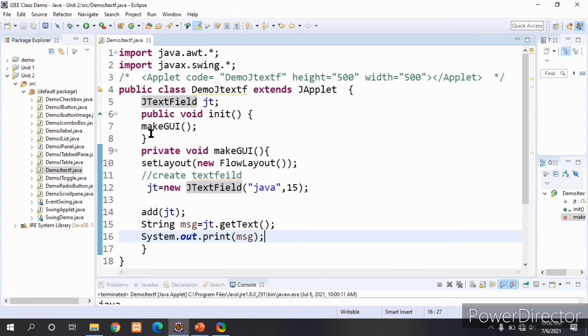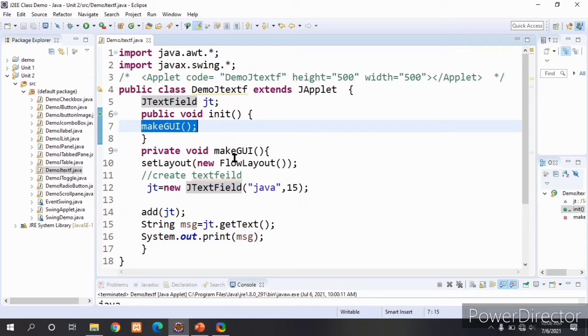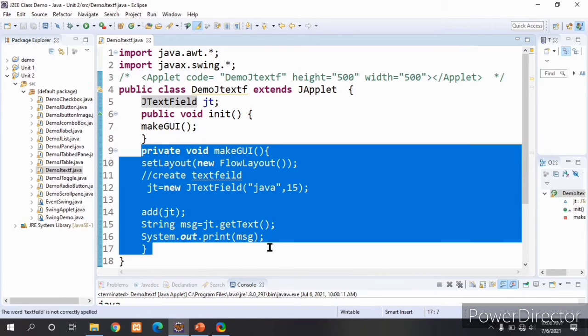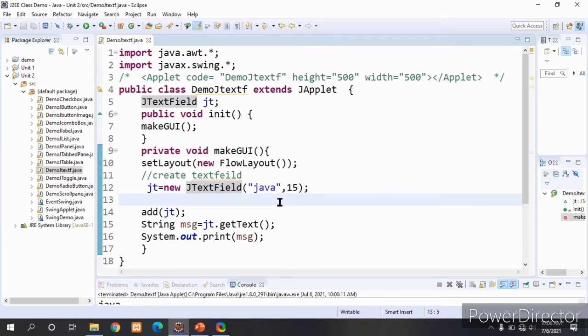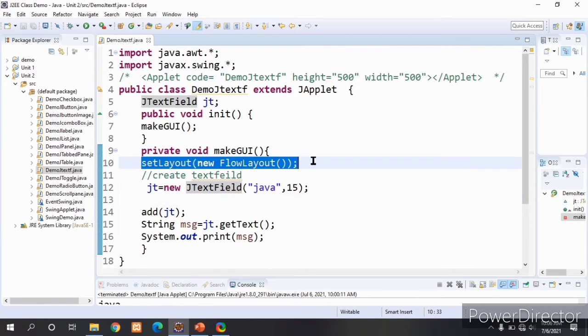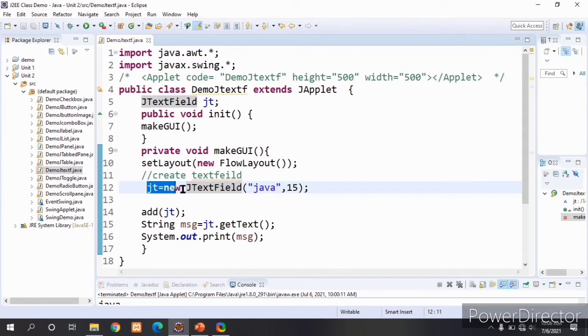Next, I am writing the init method. In that init method, I am calling the makeGUI method. Next, I am writing the makeGUI method here. First, I am setting the layout manager to FlowLayout. Next, I am creating a new text field with the specified text and the size.